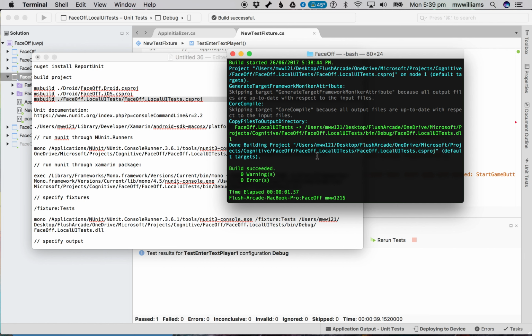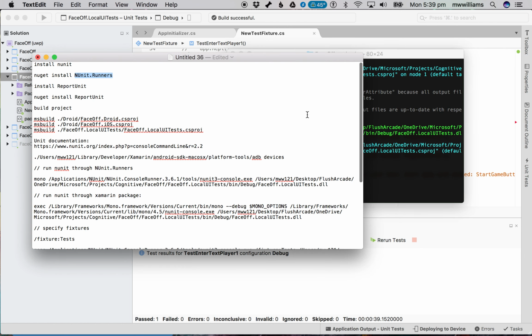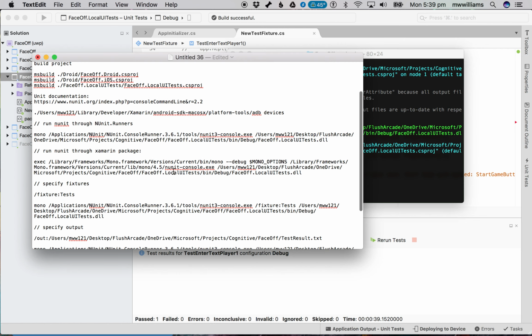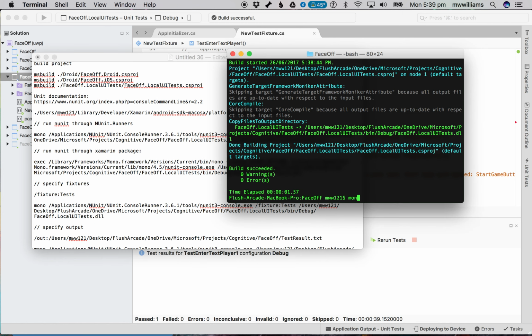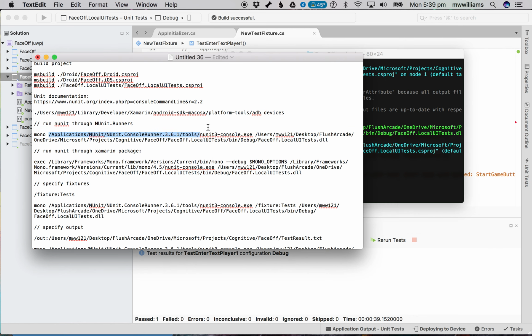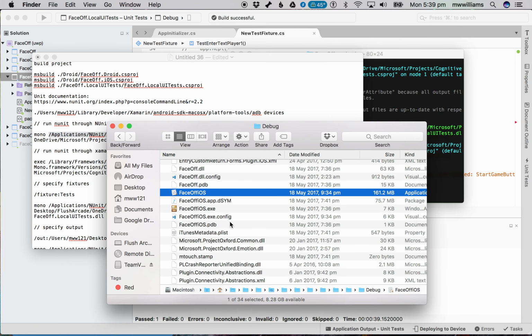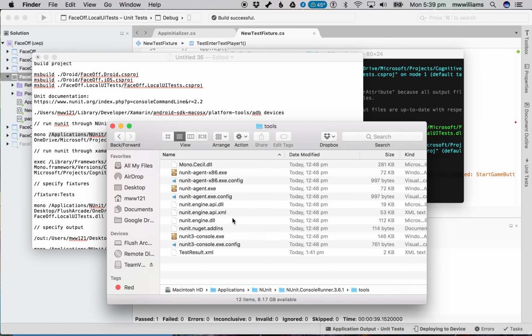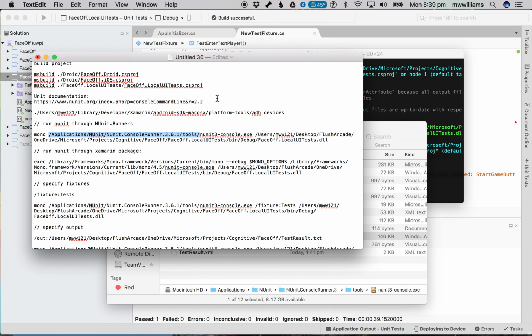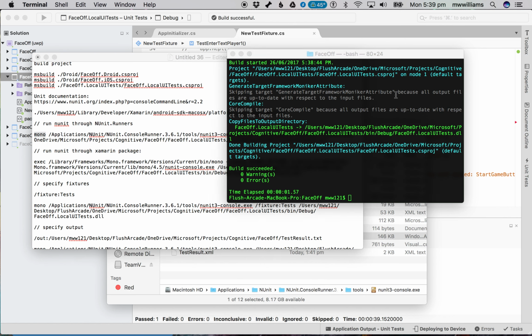Now, once we've installed NUnit, our NUnit.Runner, we then have to run it. If I go to the folder application where I've actually installed it, let's do that first so we can see for context. Great. So here in my applications folder, this is my console runner for NUnit, and it's going to use the NUnit3-console.exe tool with the Mono framework. Now, Mono has to be installed on your Mac, and it will be installed obviously already if you're building a Xamarin application. So we can just say Mono,